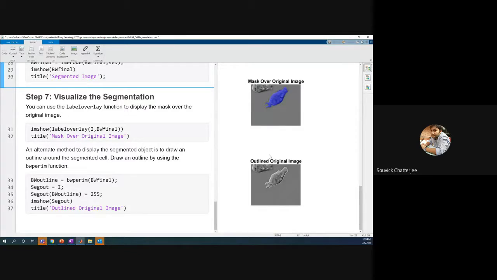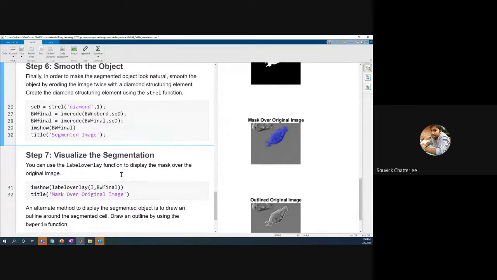Is this making sense? Will this be useful for anybody? You can put it in the chat window. Does this make sense? Any questions, clarifications on this part? Okay. Yeah, thanks for the response. Hope it was useful. Feel free to try it out. And if you need this script, please feel free to let us know. We will share the scripts. That is perfectly fine. We can share these MATLAB scripts with you.